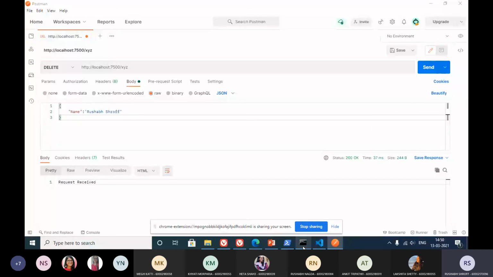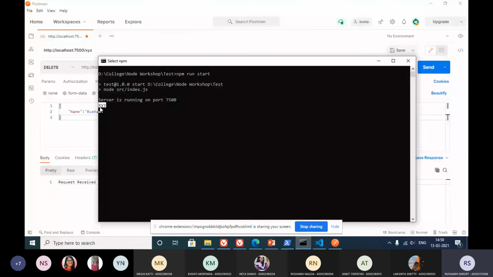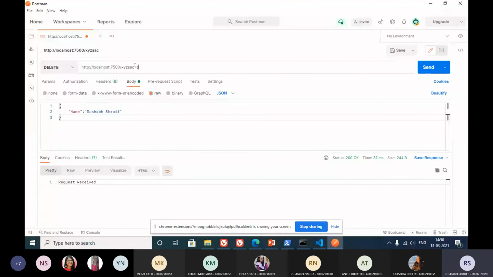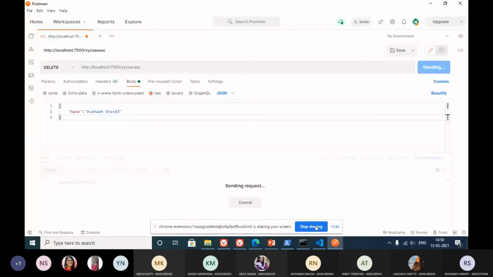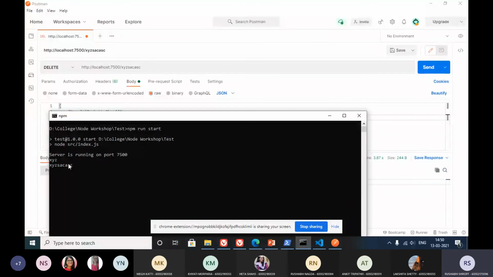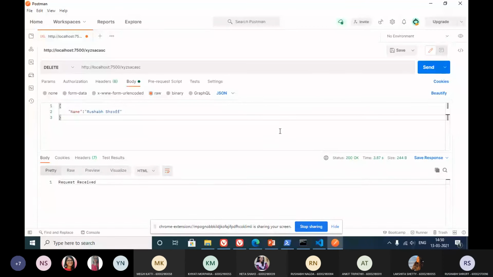And if we go to our console, we'll see the id that we had passed along with our url is here. It has extracted this part from the url. So we can pass anything, we can give any id over here, and we've received it. So that's it for different types of requests.